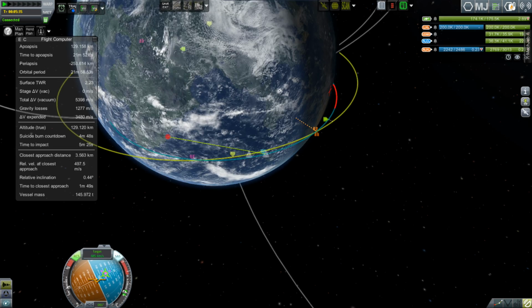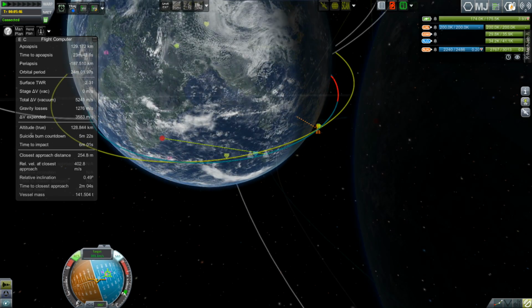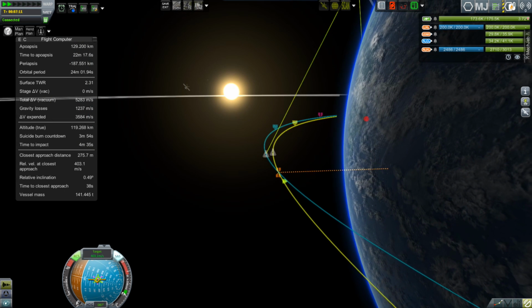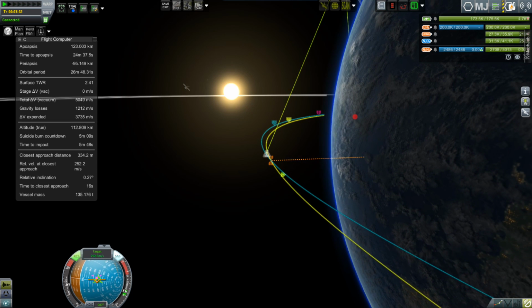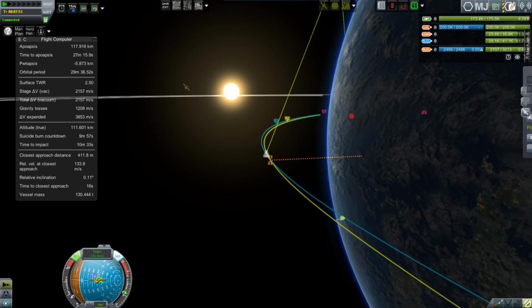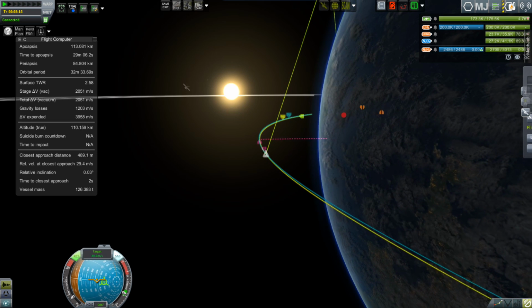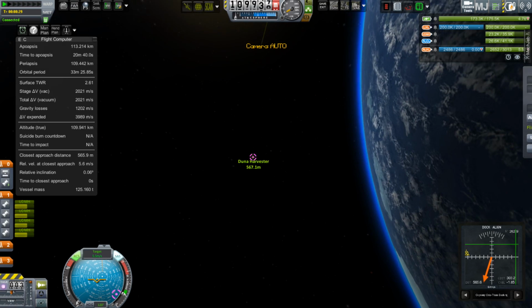And the reason for that is some kind of inaccuracy in KSP kept making the moon catch up on the L4 one, or the L5 one would just keep lagging behind, or it would catch up on the moon. And whenever it would do that, it would drop into a really eccentric orbit around the moon. And I had to correct that a couple of times, and after a while I just gave up and said,